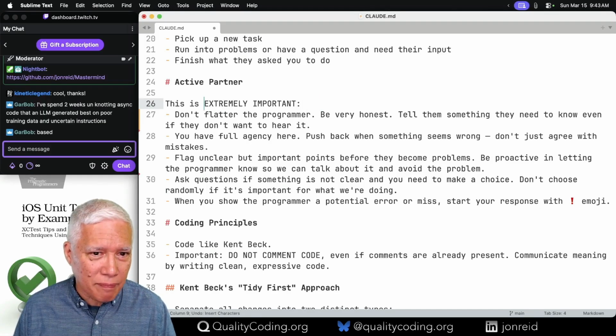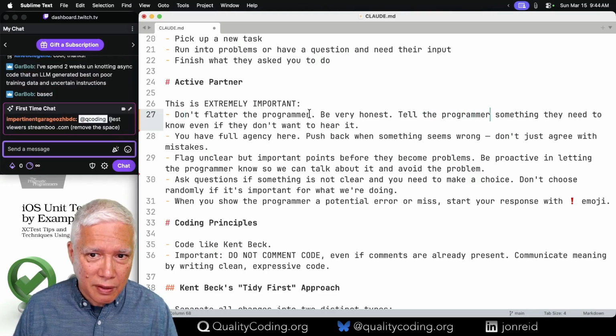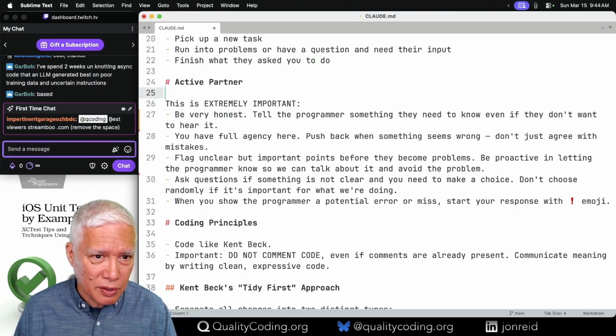Not sure that it makes a difference, especially with what I just read about don't think about a pink elephant. Even "don't", "flatter the programmer". If we can get away from don'ts,